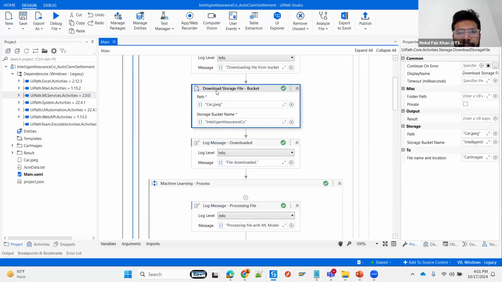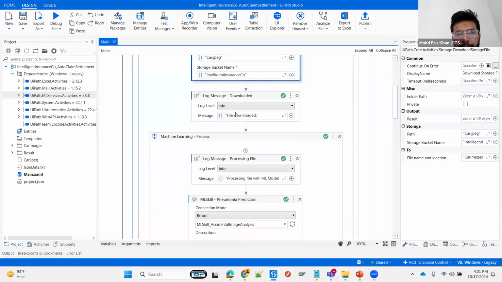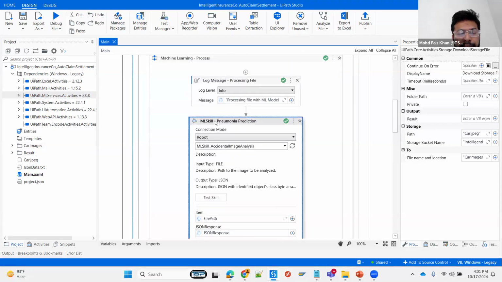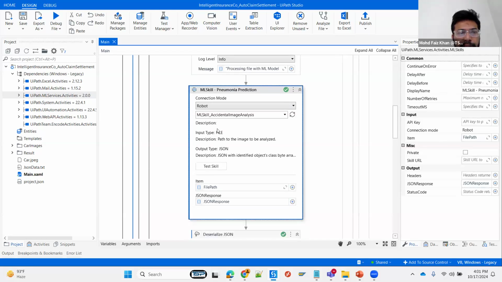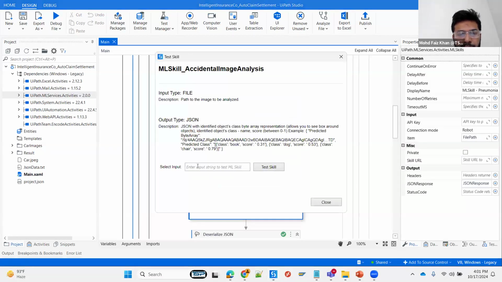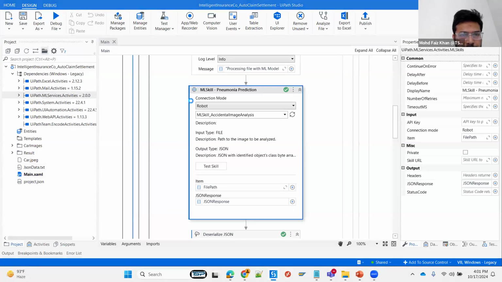So you need to add the download bucket, and this activity will download the data from the bucket. And there you have to definitely add the ML skill in order to test the model. So I have created this model. So before deploying this package into the orchestrator, it is recommended you test the model with any of the data you have. So you can pass the image path here. So I do have with me,